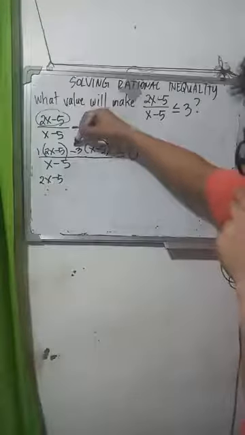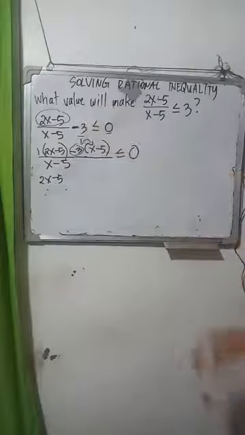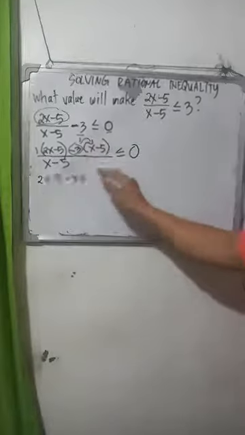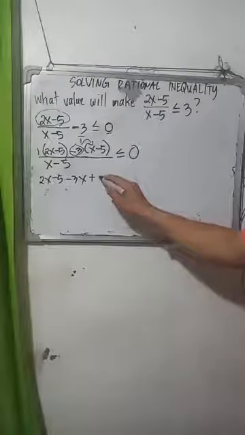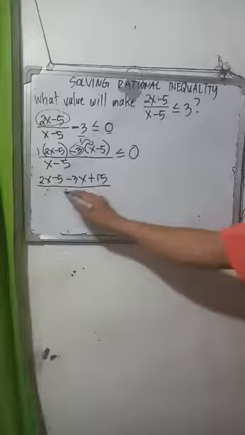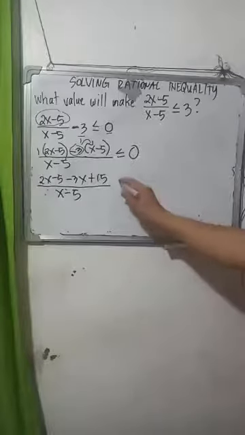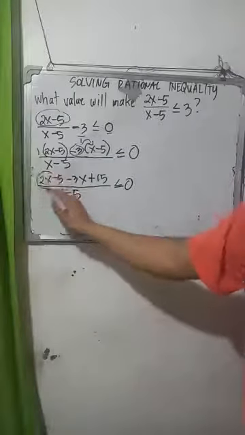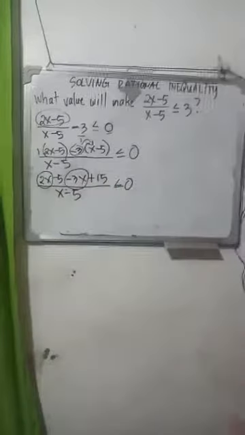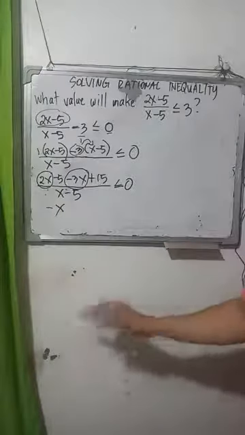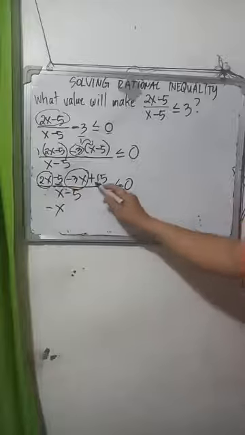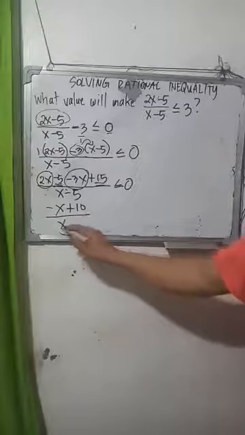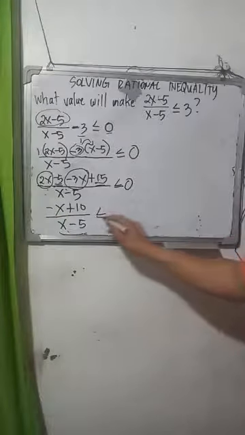Ito, distribute negative 3 to x minus 5. So this one magiging negative 3x and positive 15 over x minus 5 less than or equal to 0. Next, combine like terms. 2x minus 3x, okay, that is negative x. Then this one, negative 5 plus 15, that is positive 10 over x minus 5 less than or equal to